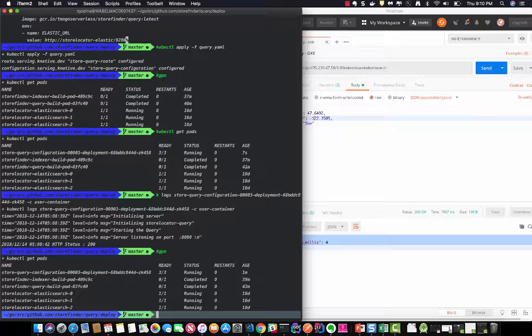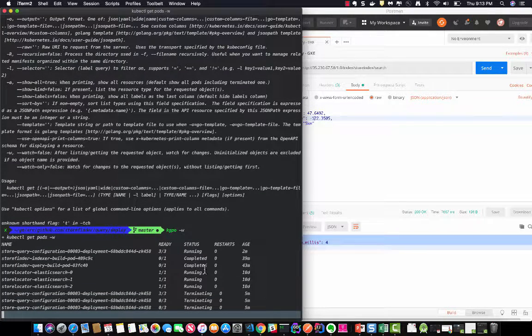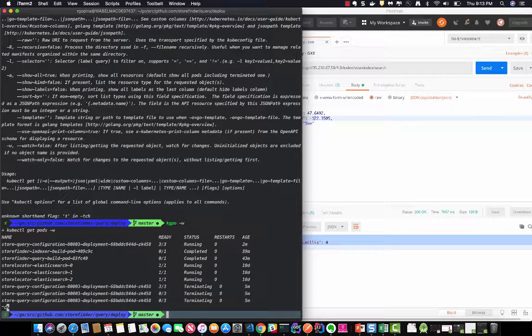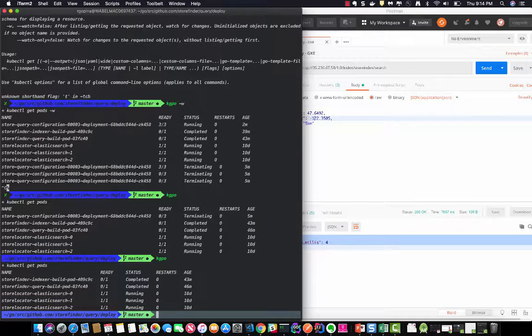kubectl get pods, it's still there. There we go, it's starting to terminate now. So if I just do kubectl get pods, you can see it's starting to terminate, and eventually that should go away. There we go. So now we no longer have anything running, so that's scaled to 0 and